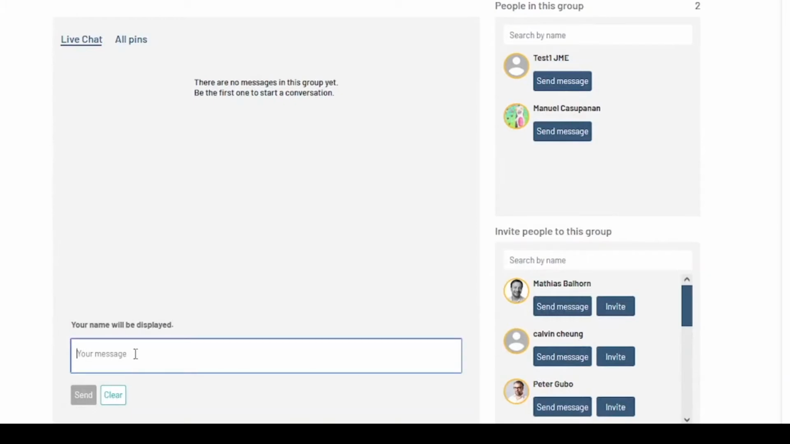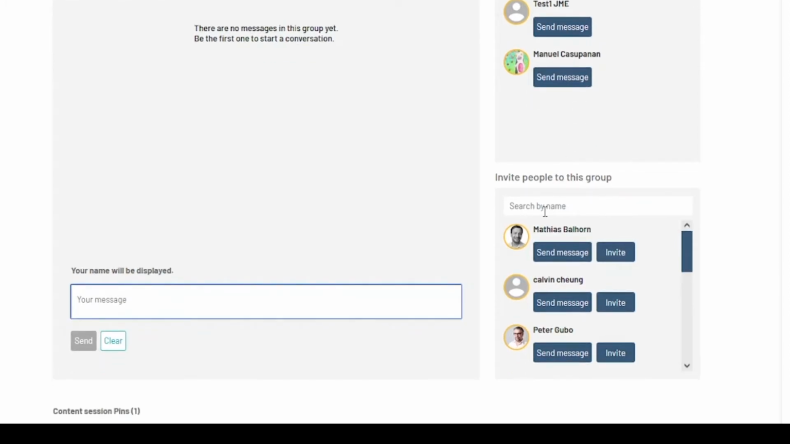On the main field that we have here, you can follow the ongoing discussion in the group. And of course, you can participate yourself by typing in a message and clicking on send to send it to the group. On the right-hand side, you have the option to search for people in the group and send them